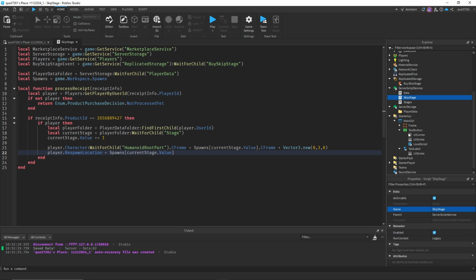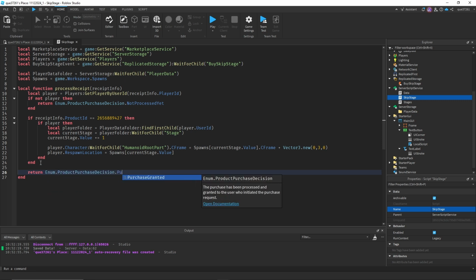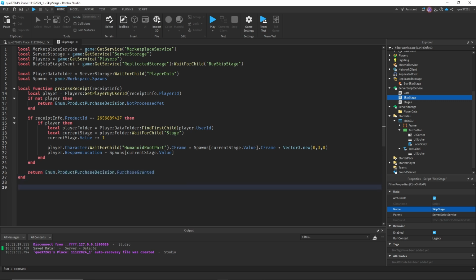And then we'll say after this second to last end, we'll say return enum dot product purchase decision dot purchase granted. And then we'll do local function